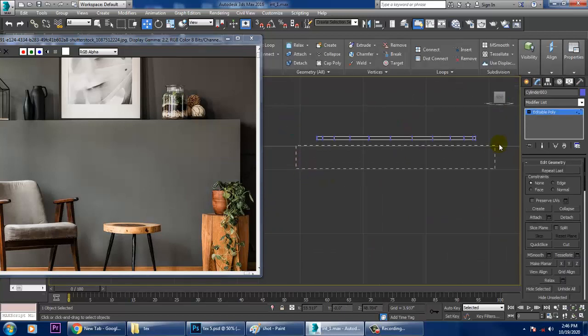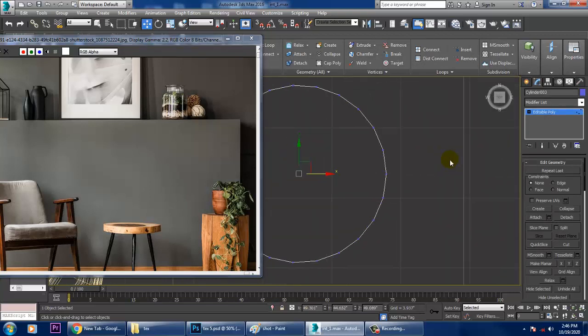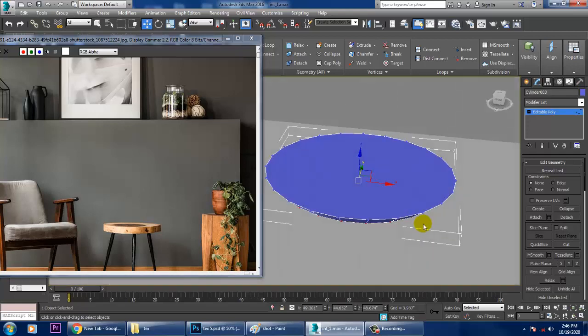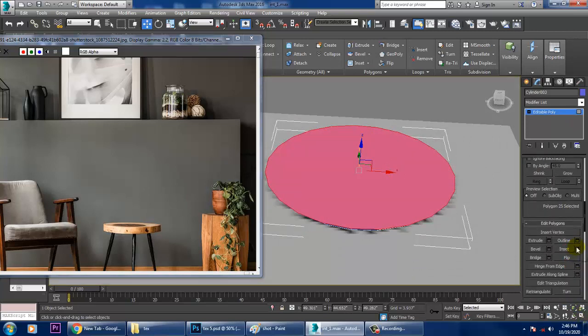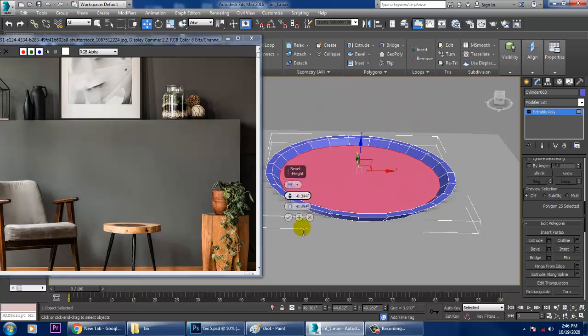I'll select this vertices. I'll scale it. I'll just drag it down. So select this polygon. Let's give a bit of inset and let's give a bit of bevel to it. That's it. Alright.